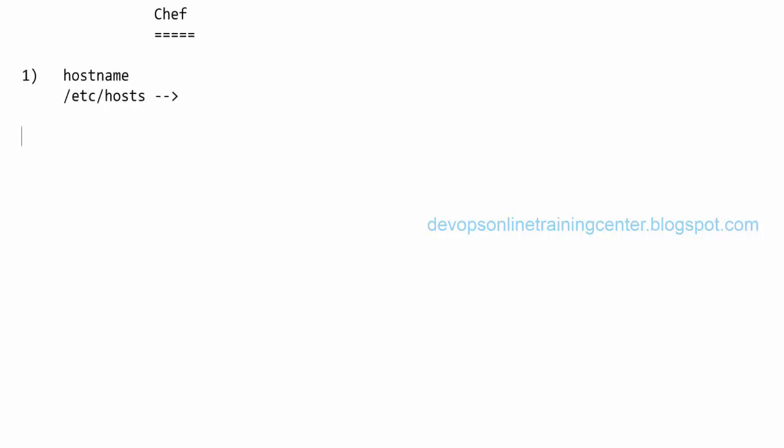Okay. And the networking should be proper. Each machine should ping each other, and the IP to hostname resolution should happen, right? If that is done, Chef works. So the command which we use on the Chef client is